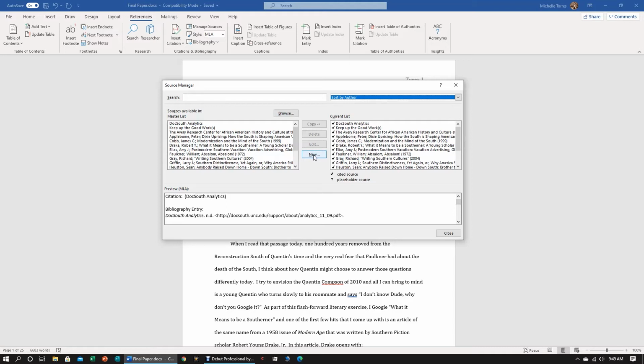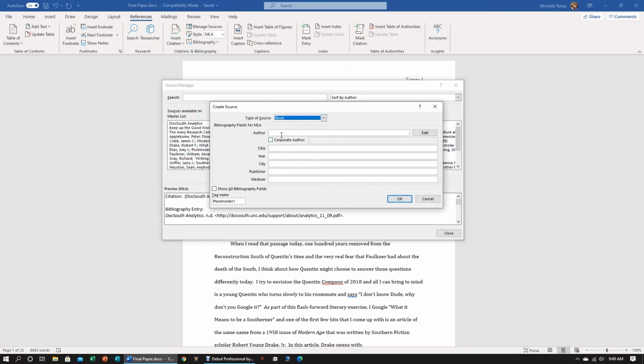This is just going to be a dummy entry, and we're going to do it as a book. And you'll see that these are the basic entries, and you don't always need to fill them all out. You just want the ones that are pertinent to your citation style. If you need more, or if you want to retain more information about your sources, which can be handy if